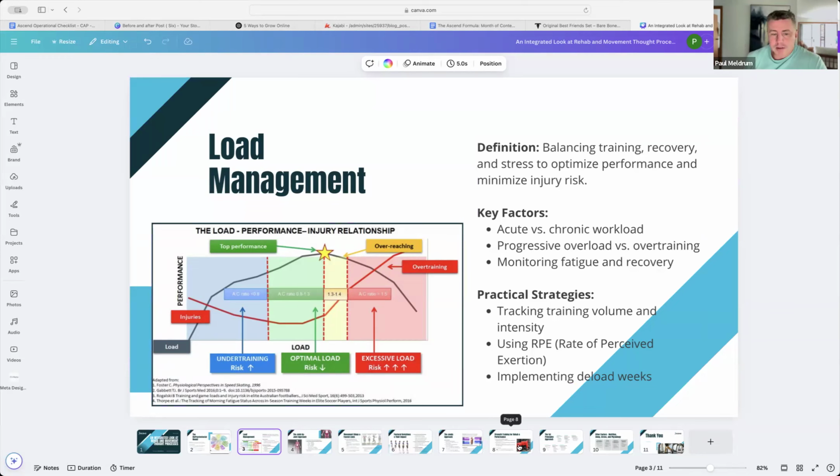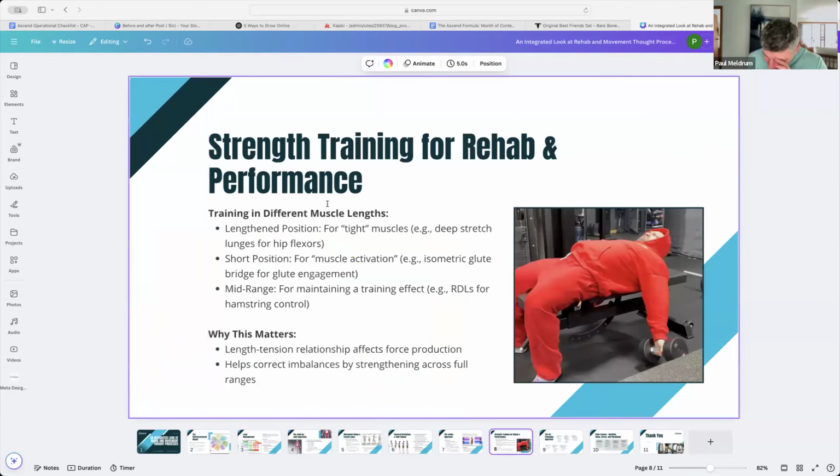So this happens. For a lot of people who've been training a certain way, simply shifting the exercises to train the same muscles, same joints, but in different positions, lengthened or shortened, can be a really good way to get someone out of pain really quickly. You may not be solving the problem, but you're creating a perception that you solved the problem. And that for a lot of clients is just as important in the short term, because then they buy into exactly what you do.